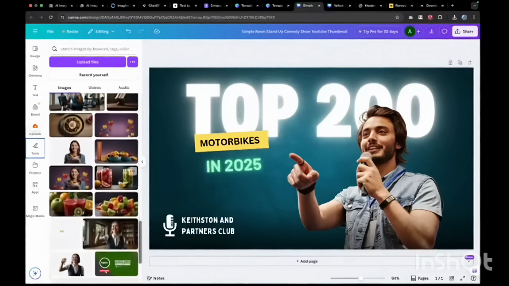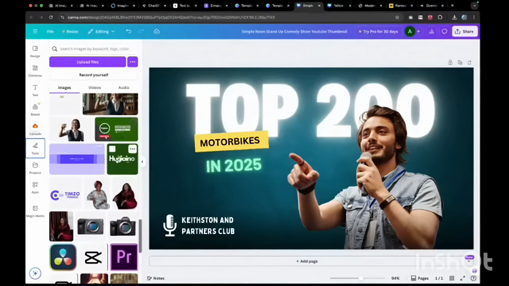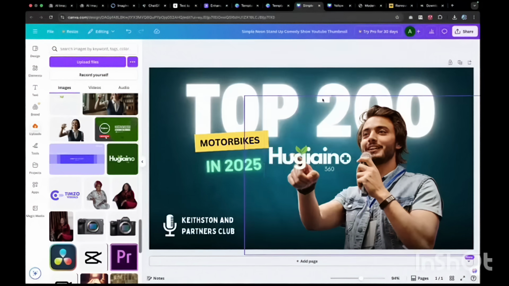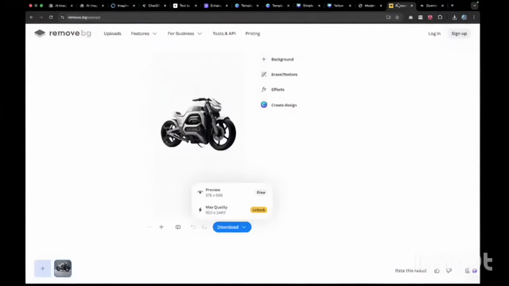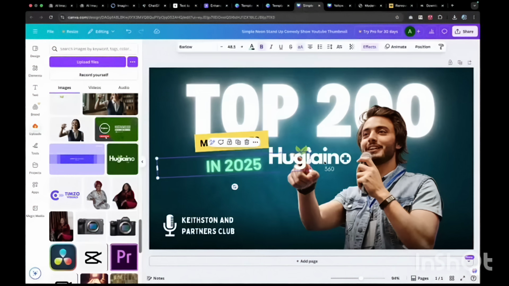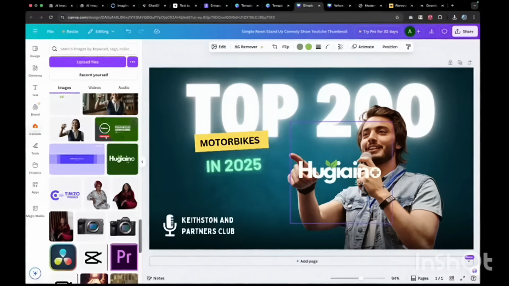So we'll scroll back to again a 360. As you can see, this one has a background, but this one, the background is removed, which is what you always want to do because it looks more professional. Don't forget, remember how we remove the background. Go to remove.bg, put your logo or whatever it is, and you have the background removed. So come back here, we have the logo of our channel here,